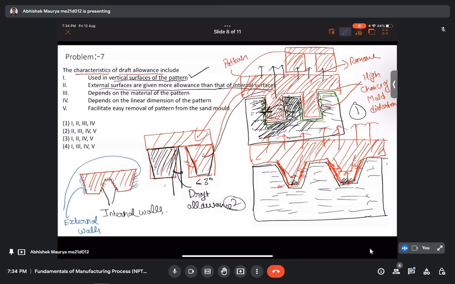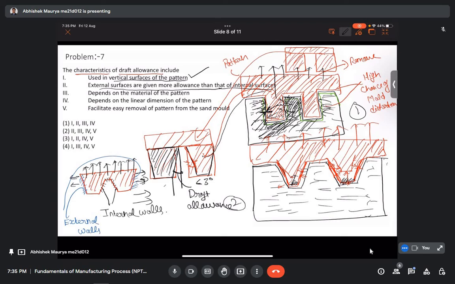So suppose we are trying to pull this pattern from the sand with the help of our hands. Then our hands have a tendency to shake either in this direction or in this direction. Suppose our hand shakes in, let's say, the right direction,